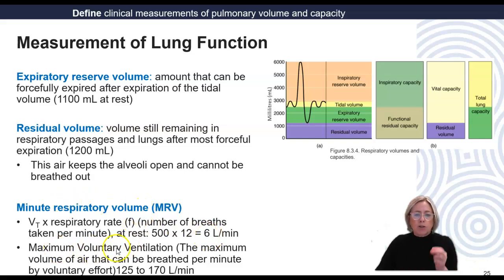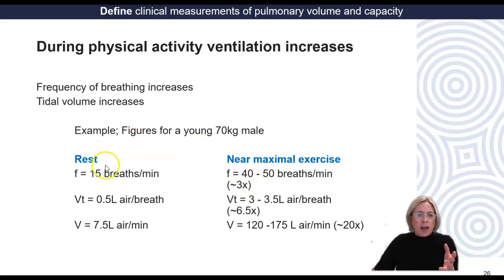Now the maximum voluntary ventilation is the maximum volume of air that can be breathed per minute by voluntary effort. So it's going to increase in situations such as exercise. And that's what this is showing you here, an example for a young 70-kilo male. You can see here that the maximum voluntary ventilation is increasing, about 20 times more than that when it's